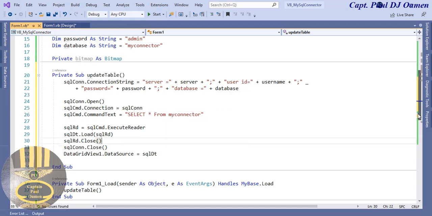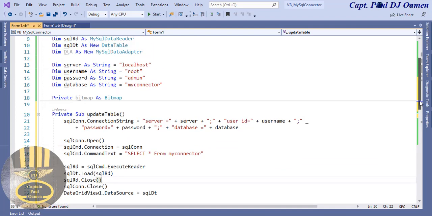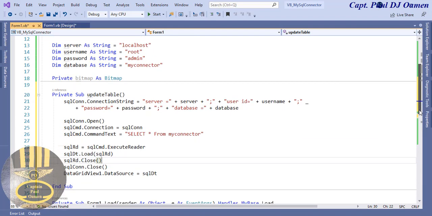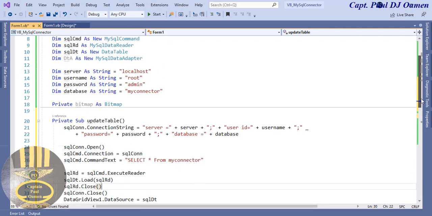Okay, because they both have the same name anyway, so there won't be any problem. And that is it right there. Alright, so you can do it that way, or you can just leave it the way it is. So now the next thing we want to do, we need to now